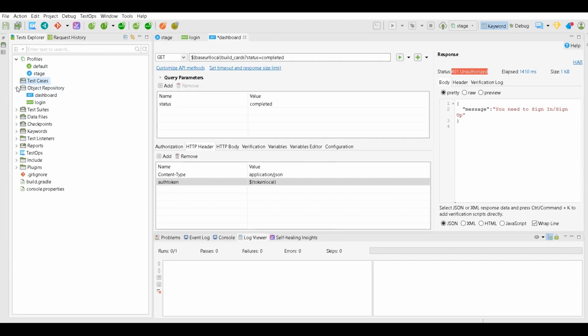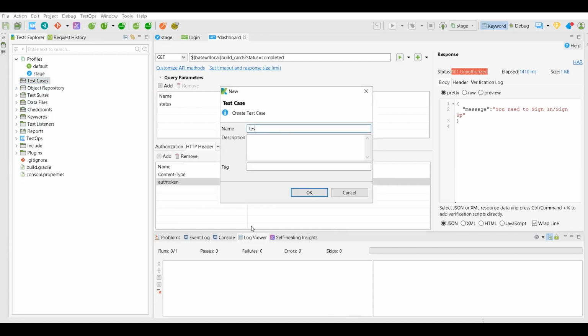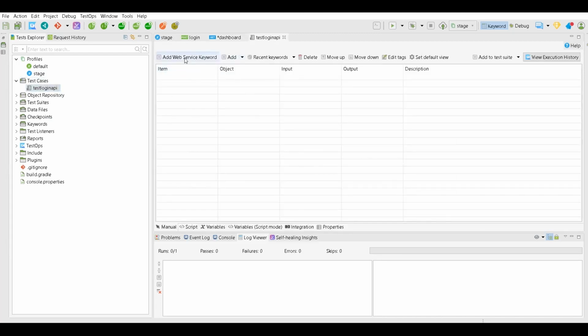we need to add test cases where we will add and use this particular test case and add verification, etc. So let's add the first one, test case, test login API. Add new test case, name it test login API, save it. And now you need to use web service keyword, add web service keyword. Okay, and then send request,